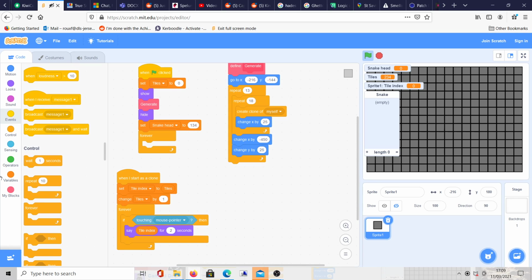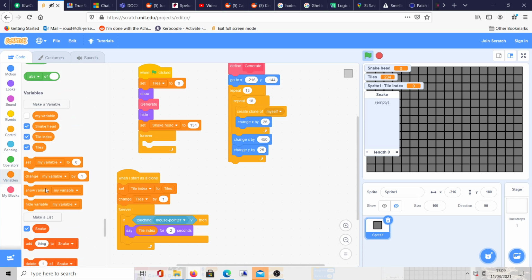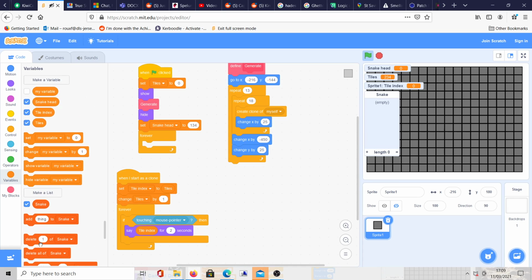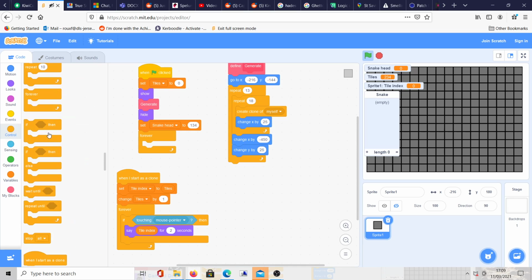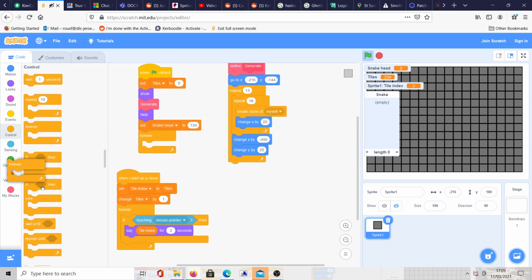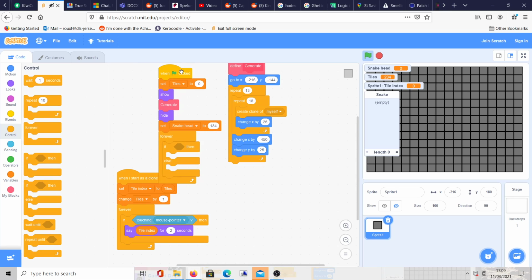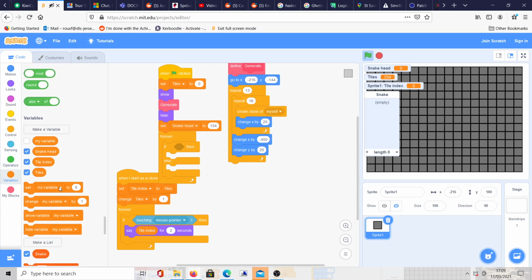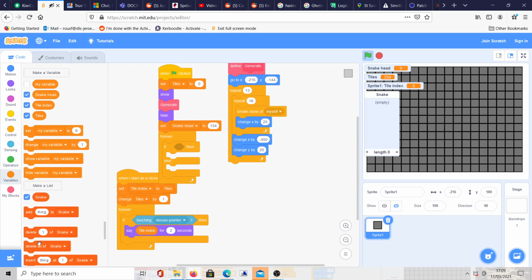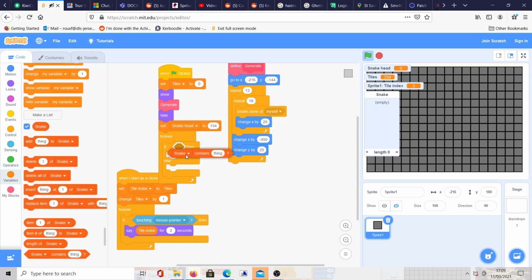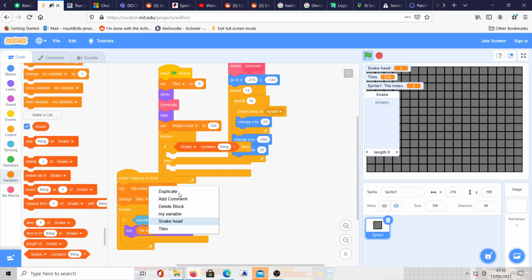So once everything's been generated, forever, if, let's do an if else actually. If the snake contains tile index,